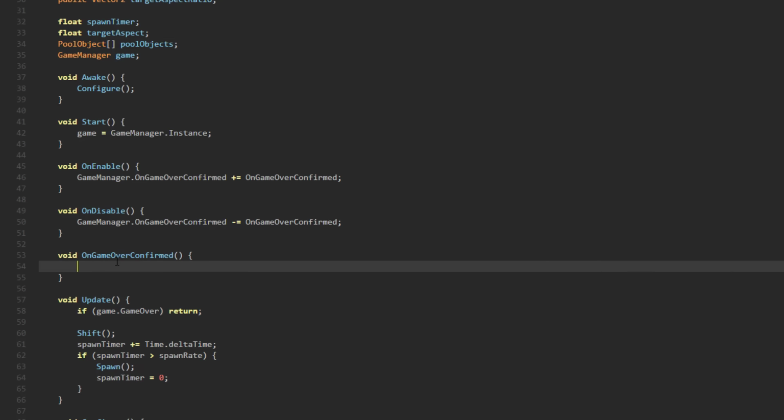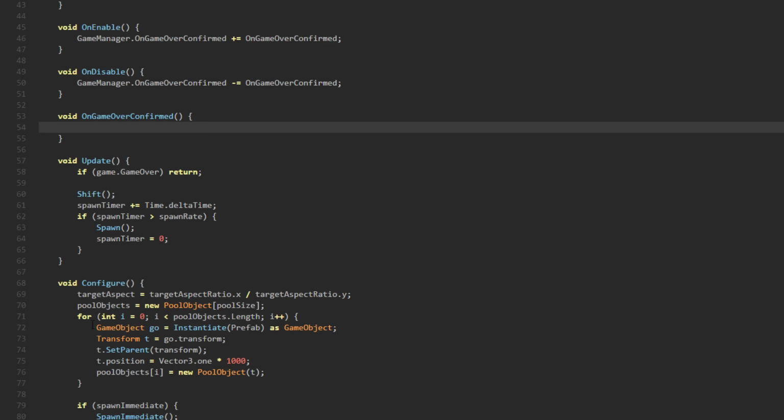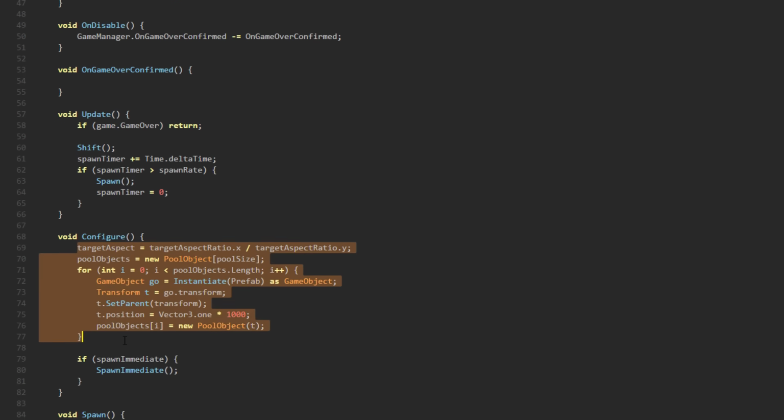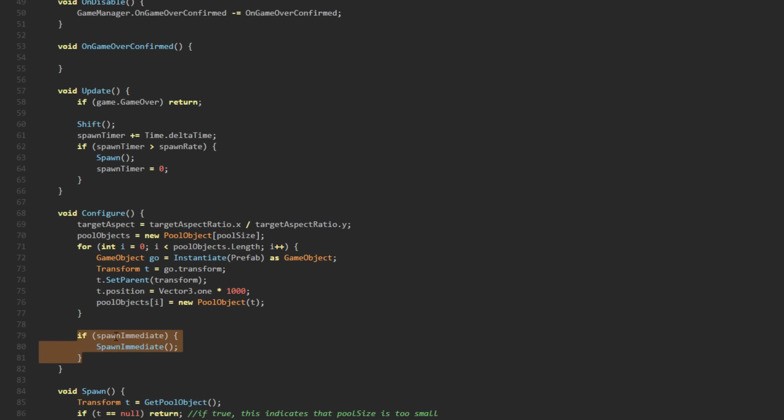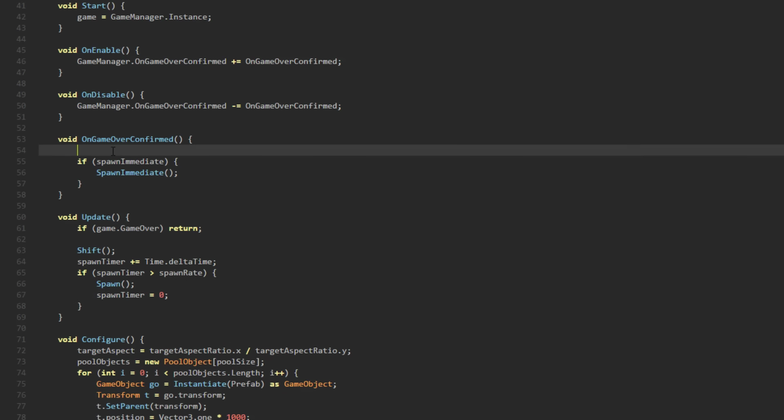So let's go ahead, and I believe that might be why I called configure. However, we only want to do this part. The only part I really care about with configuring or reconfiguring is checking the spawn immediate value, because we don't need to recreate the pool again. So this should work, but if it doesn't, we can always come back and fix it. Let's go ahead and say if spawn immediate, then spawn immediate right there,